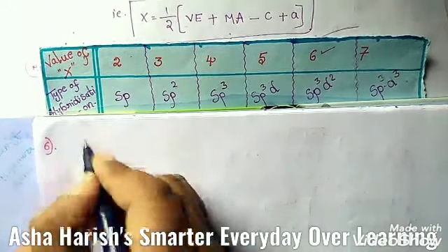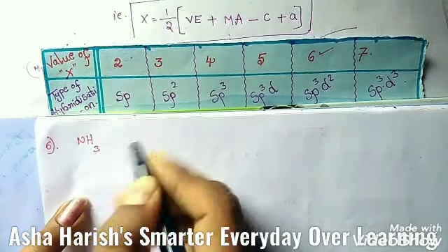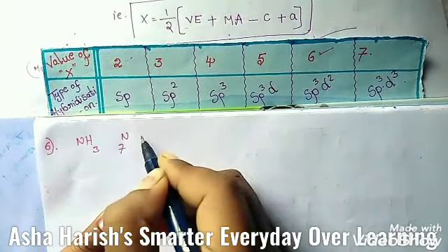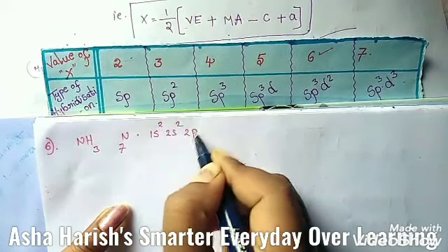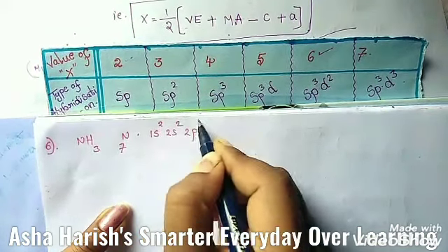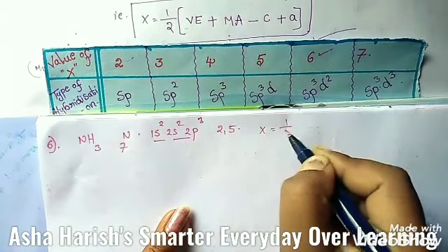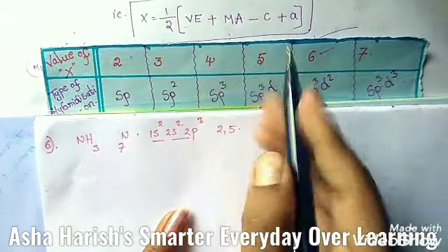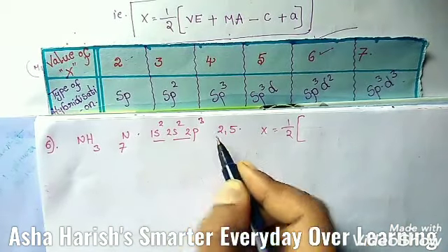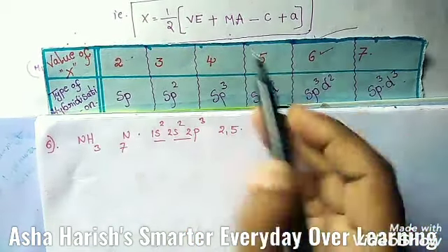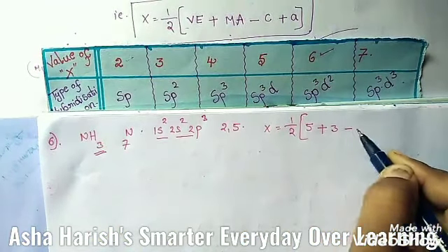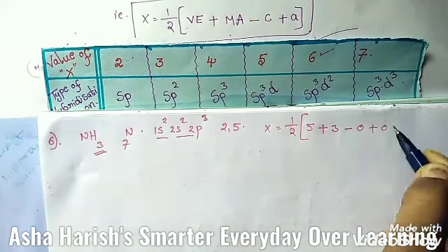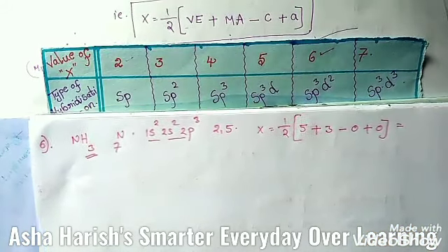Example number 6, NH3 molecule. Here the central atom is nitrogen, atomic number 7, its electronic configuration is 1s2, 2s2, 2p3, that is 2 and 5. For this you need to calculate the X value. Here X is equal to half into valency electrons, here 5 valency electrons, plus monovalent atoms, here how many? 3 monovalent atoms, minus ions as usual, zero,